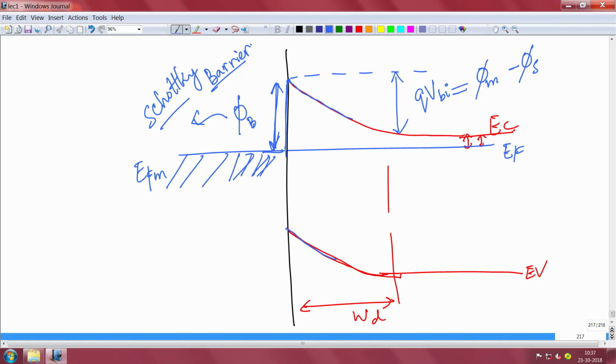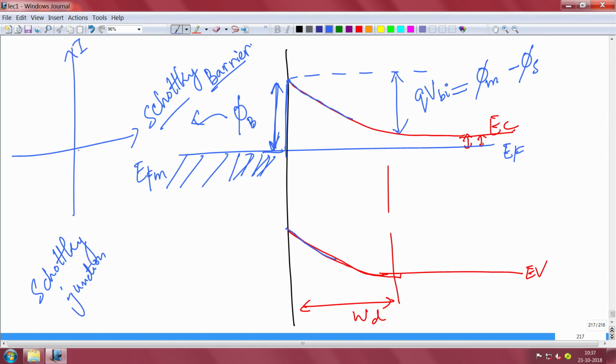So, it is like a barrier. You see, across this junction, this is called a Schottky junction now. This whole junction that has formed is called a Schottky junction. You will get an IV like this, we will come to that. If you draw the IV, you will get an IV like this, and the reason is electrons from the metal will have this barrier to go.